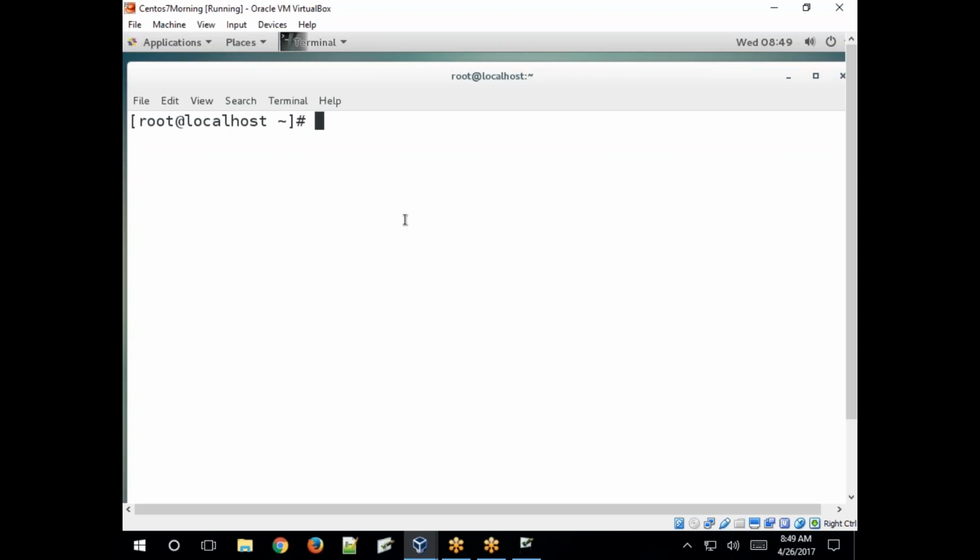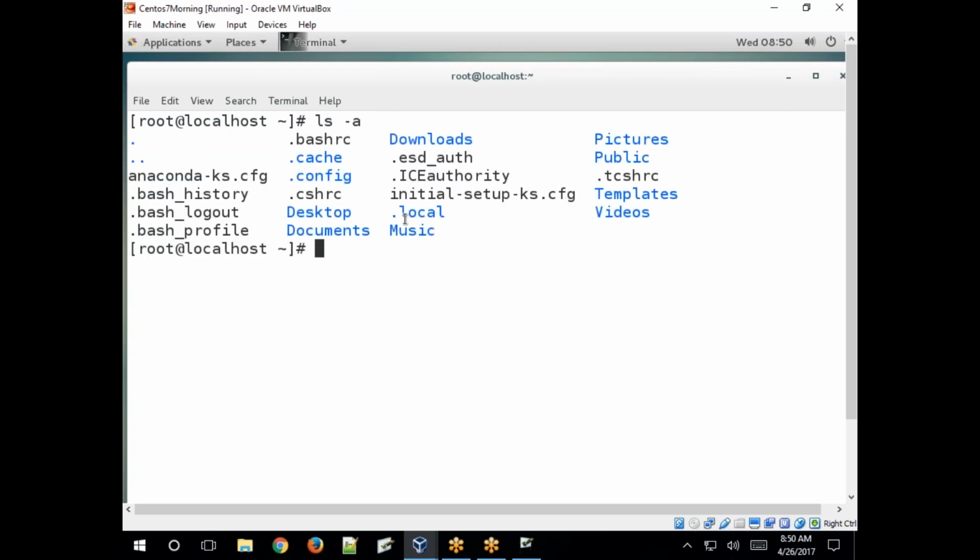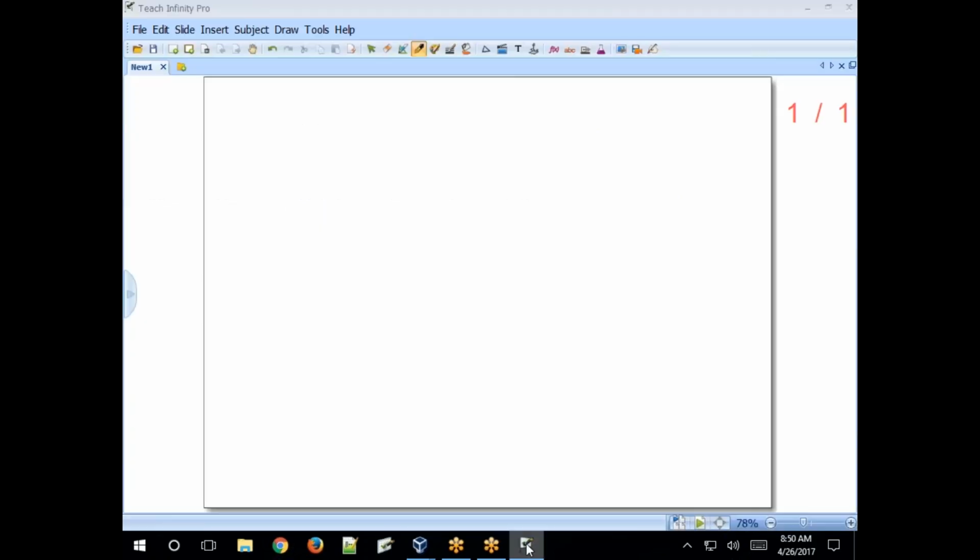So next, we need to discuss some options a little bit, right? ls -a. See, so what is dot and double dot? What are dot and double dot here? I'll show you some examples. So dot and double dot are there, right?